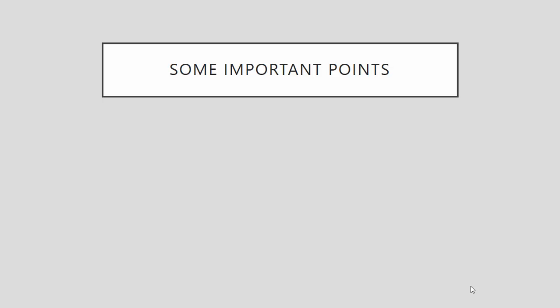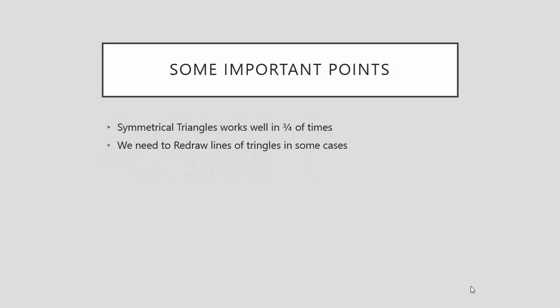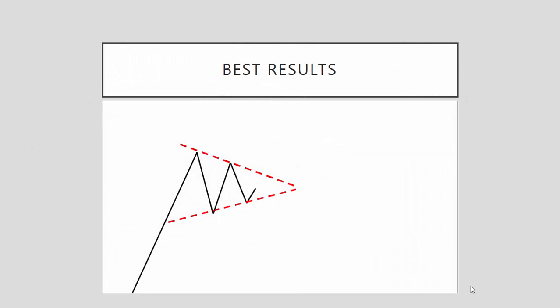There are some important points about symmetrical triangles. This pattern is not as valid as head and shoulders, and it will work in nearly 75% of times. So we should have some tactics to avoid significant loss in wrong signals. We will talk about it later. The other point is that in some cases we have to redraw the triangle because fluctuations make some changes in the high and low boundaries. The other point I have to mention is that the more time it takes for price to